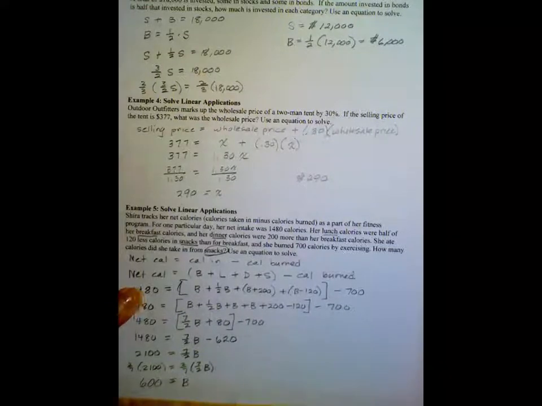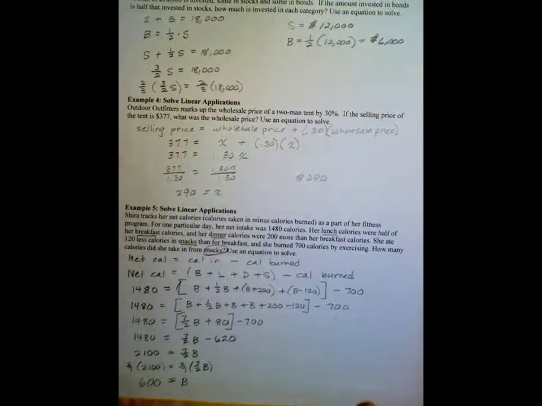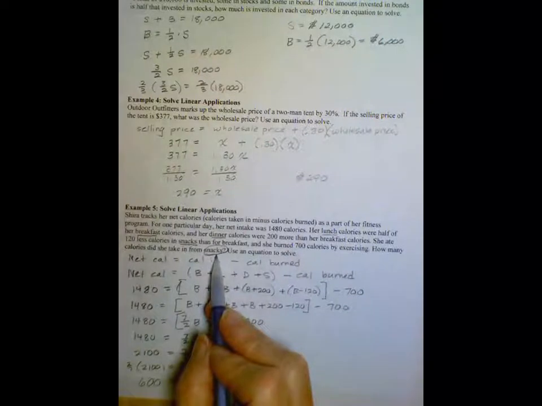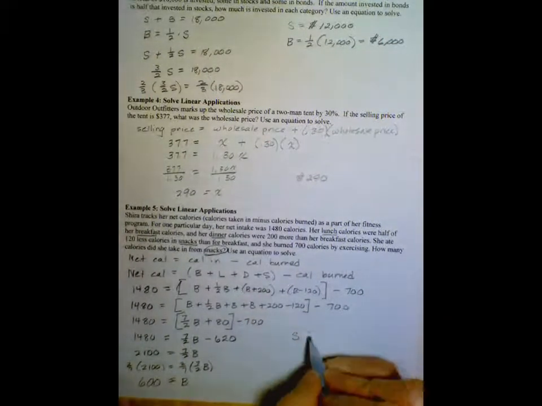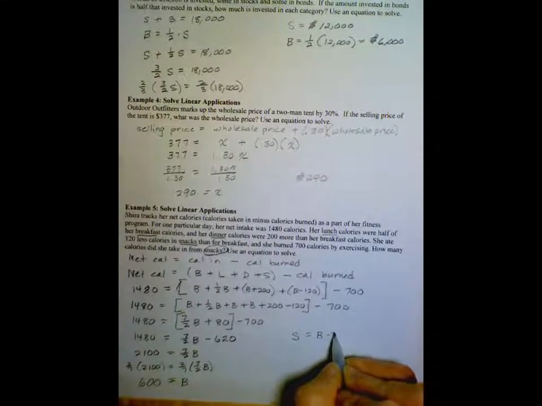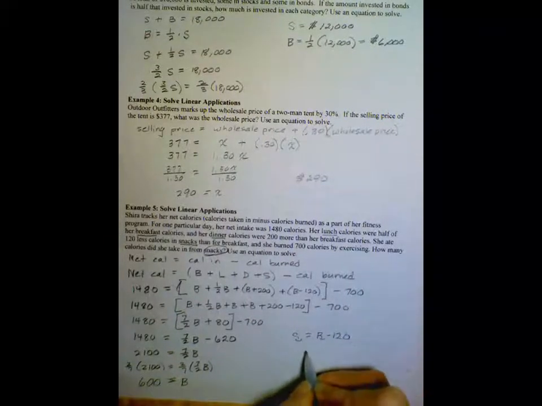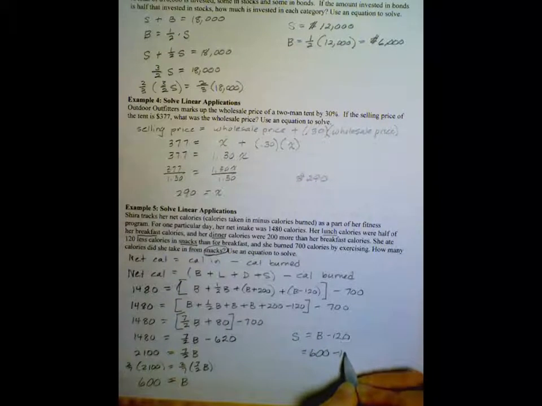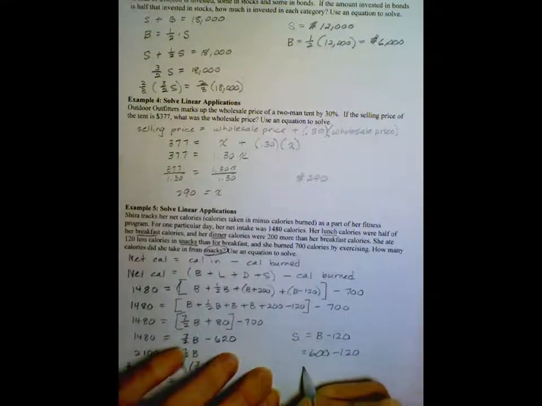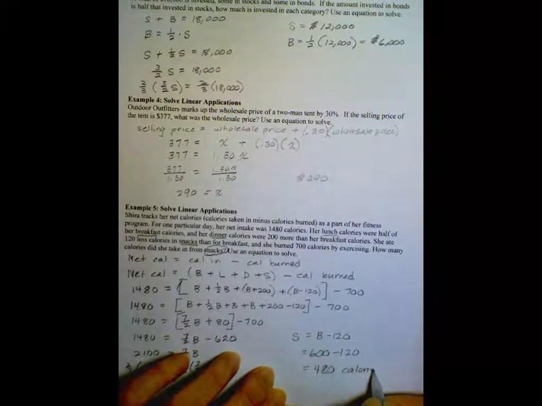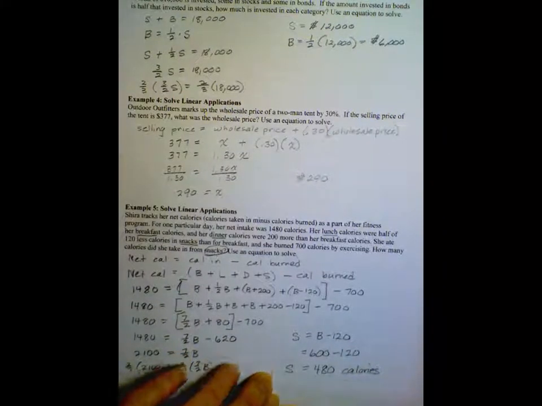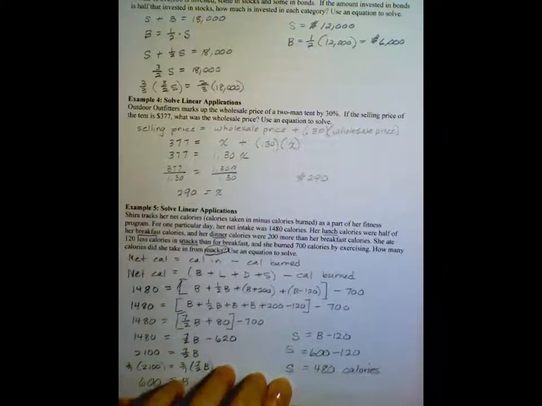So B is 600, so she ate 600 calories for breakfast, but that's not what I was asked for. I need snacks. Come back up here to snacks. We said snacks is equal to breakfast minus 120, so 600 minus 120. So she had 480 calories for snack. I'll just put another S there just to show that. There we go. Okay,